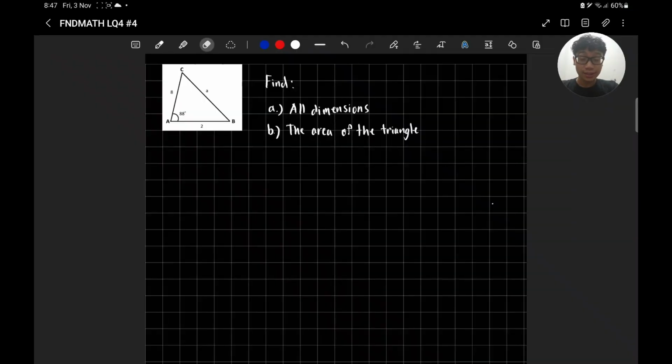I am Keeter Nathan Antonio Grida and I will be teaching FNDMATH LQ4 problem number 4. So to solve this problem, we can't use any traditional trigonometric identities or functions because it's not a right triangle. It's an obtuse triangle. The obtuse triangle means that the angle of